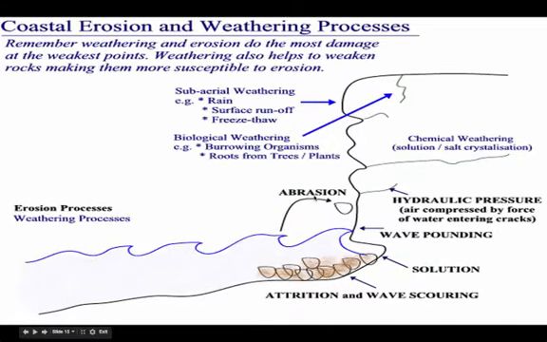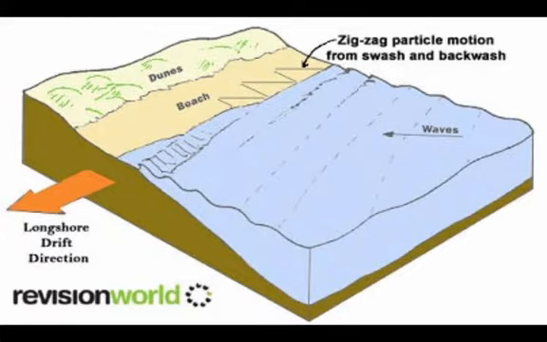Corrosion is the final type of coastal erosion. Corrosion is the gradual destruction of materials, usually metals, by chemical reaction with its environment. Now,